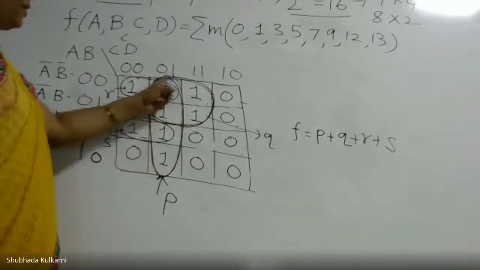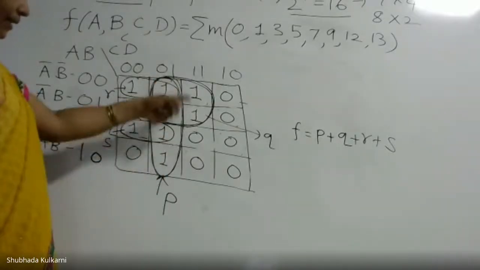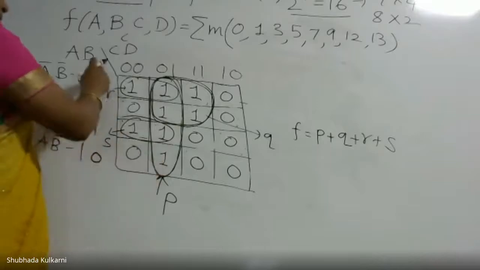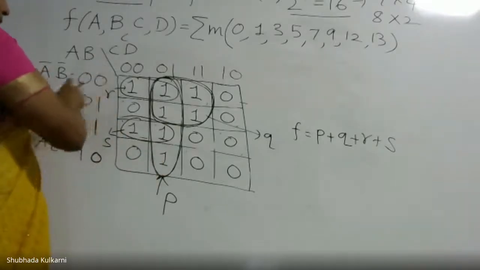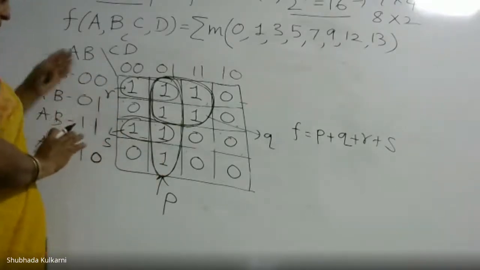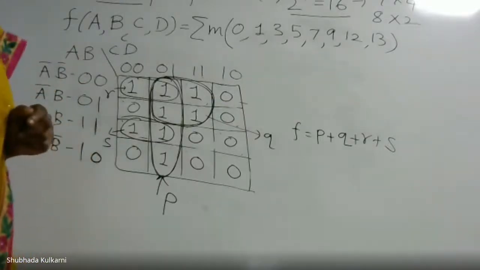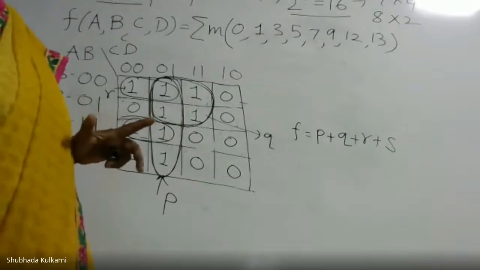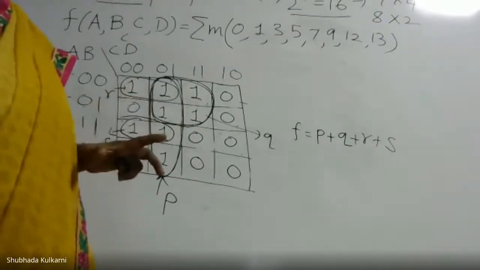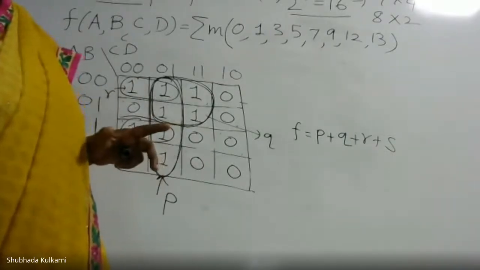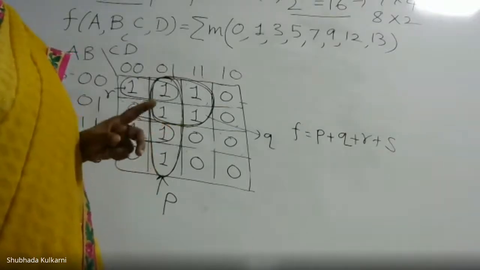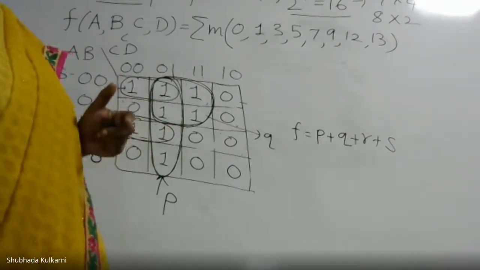P is a vertical chord, second column. For this group, AB is changing throughout the group: 0 0, 0 1, 1 1, 1 0. So nothing is constant, and therefore the AB variables are eliminated. And again, one thing I have made clear: if it is a group of 4 ones, a chord, 2 variables are less. So which are less here? AB. Why are they less? They are changing for that group.